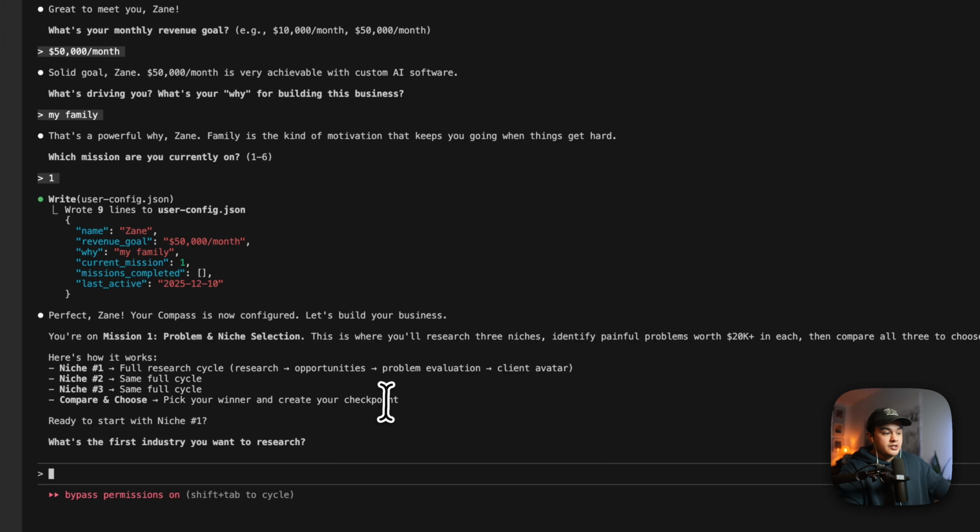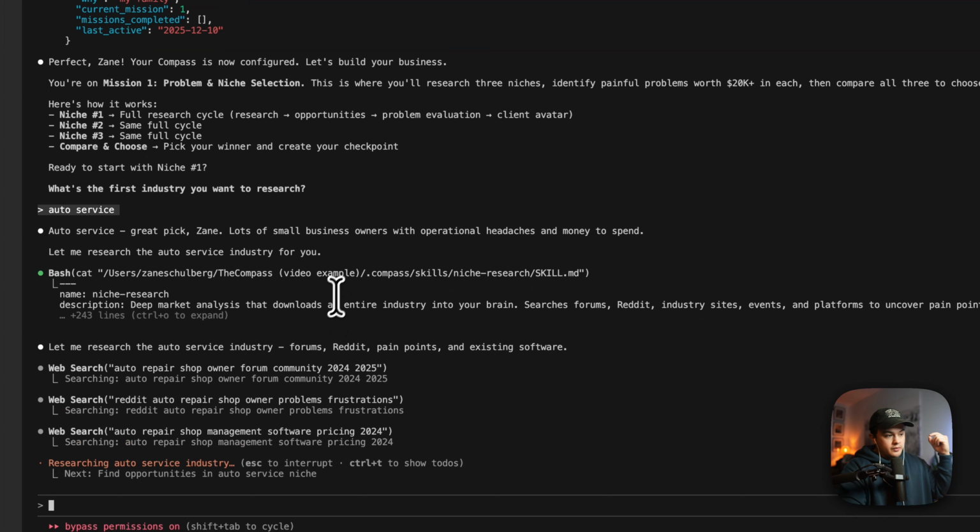But at this stage, what we give Claude Code, or the Compass, is a specific niche we want to research, and it will go out there and research the entire internet, find their problems, find where they hang out, and find what is worth building for this niche, what problem can we solve, and how can we charge a lot of money to solve this for them. So now at this point, I'm just going to put in a niche, and I'm going to put in auto